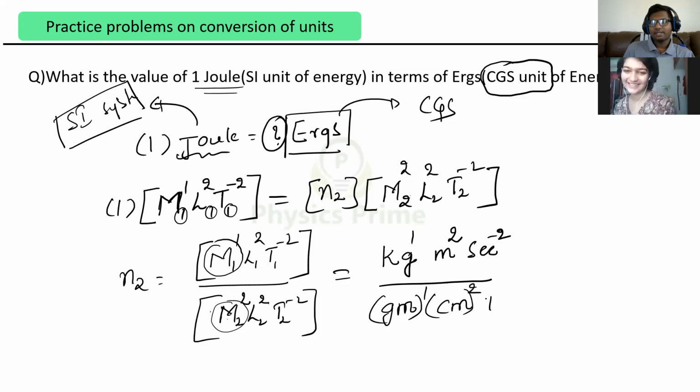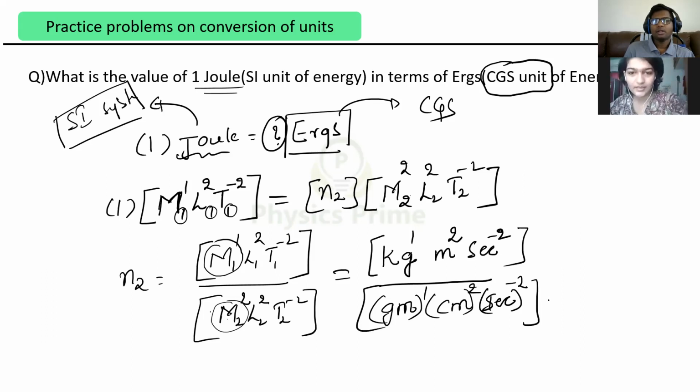So centimeter time is again second, right? Yes, sir. This is the value of N2. Got it? If N1 has some value instead of 1, you'll substitute that value here, to get the corresponding N2 value.